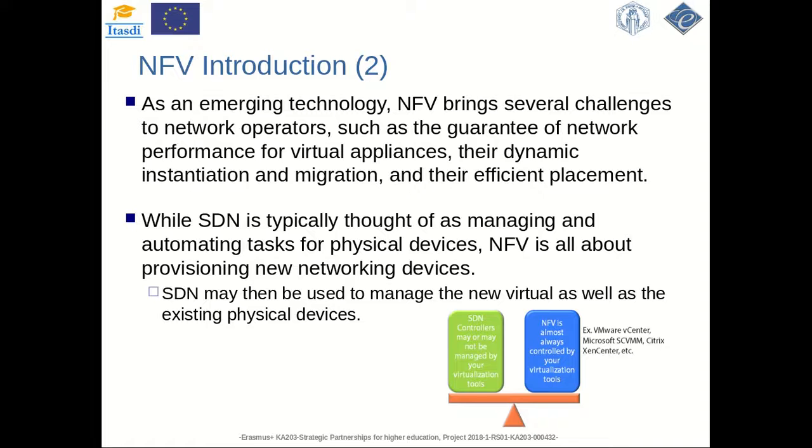What is the difference between SDN and NFV? It's rethinking and relayering. While SDN is typically thought of as managing and automating tasks for physical devices, NFV is all about providing new networking devices, and it is almost always controlled by your virtualization tools.